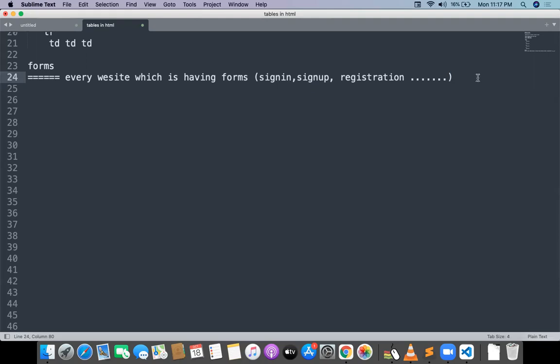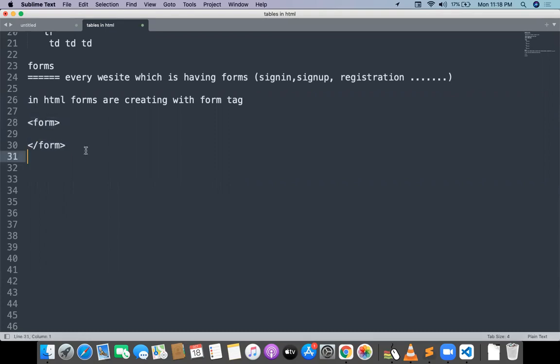Forms are very important. But coming to the forms, in HTML, forms are created with the form tag. Very simple. So how should it be? Form open and form close. There are multiple things available in the form, but at the basic, root level it is form open and form close.